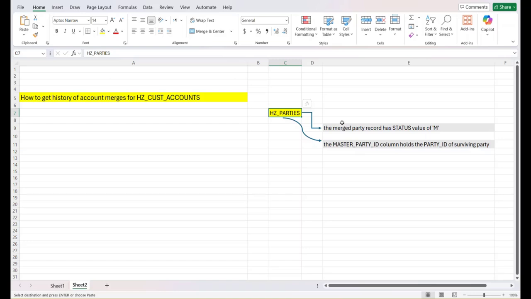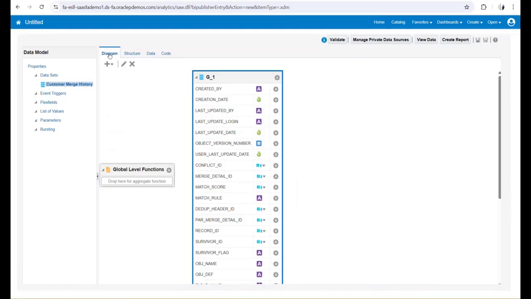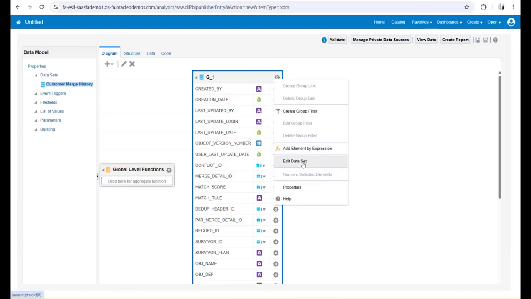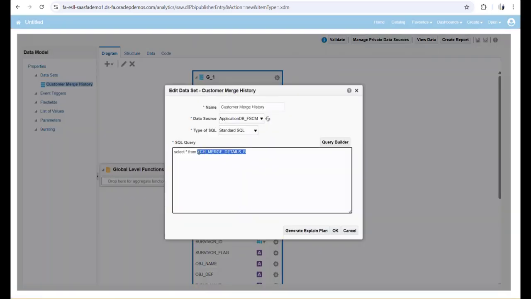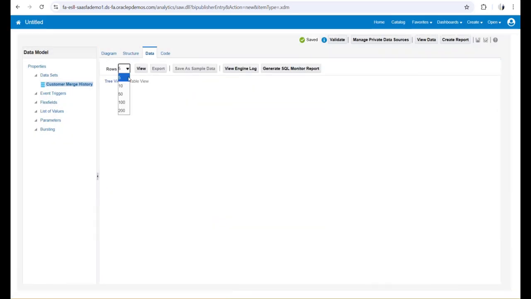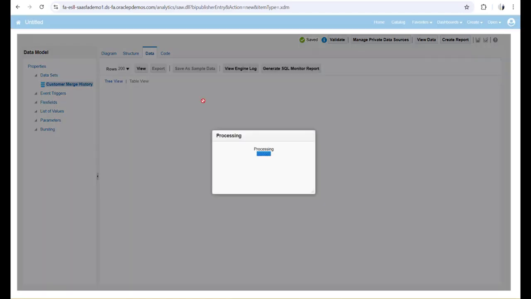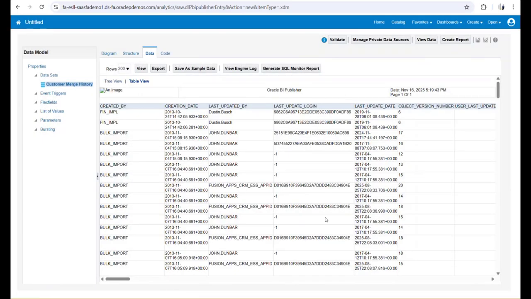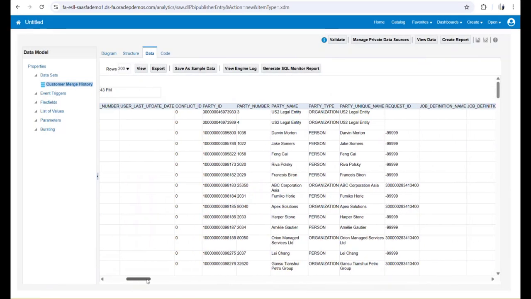So again, you can take it, copy as a table, just come back to our structure diagram, just edit dataset, just remove it and select HZ_PARTIES. Again, go to data, select, for example, to record view, then table view, the same concept. And system here shows that there is a column for the status. If you go to right,